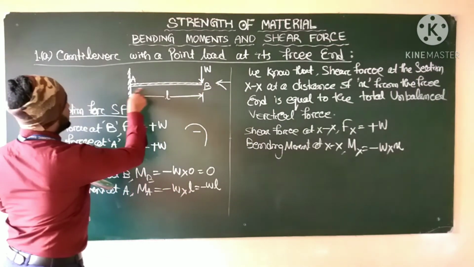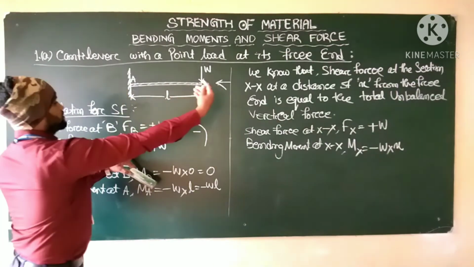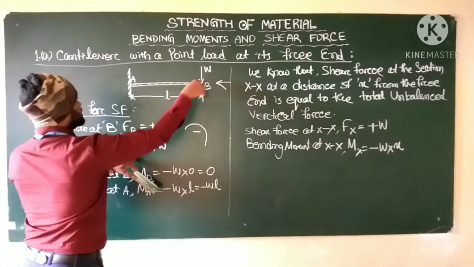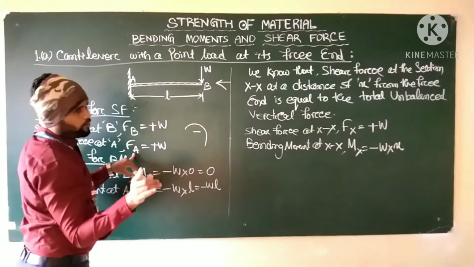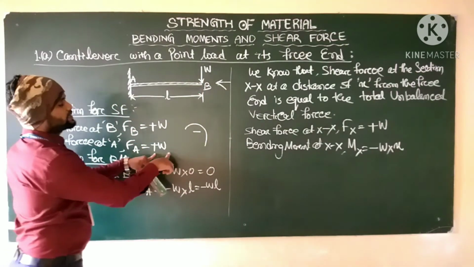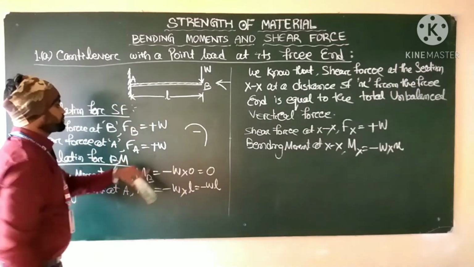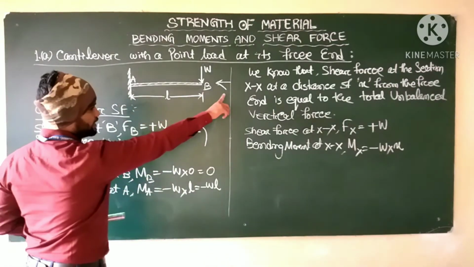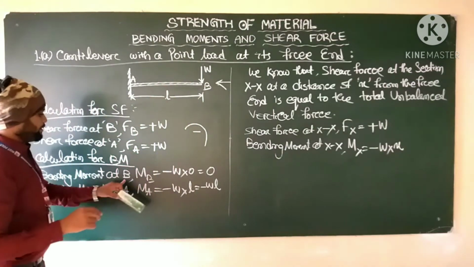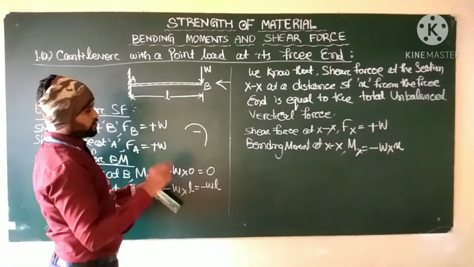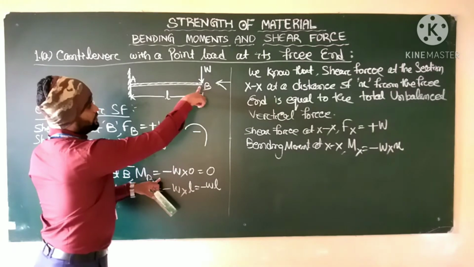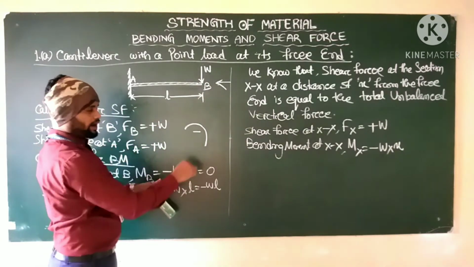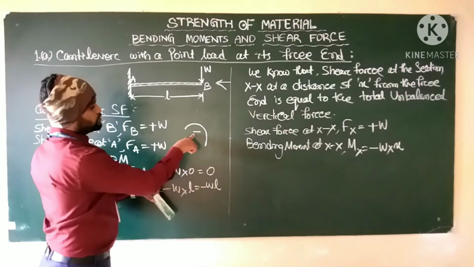Next, shear force at A. After B, point A comes. At A, from the right hand side we calculate the force gradually. The same load is applied here and there will be no more load, so the same value is at A. Next, calculation of bending moment. Similarly, from the right hand side we start at B, MB equal to the sign convention. If the beam bends like this, with convexity upward or hogging moment, we take it as negative.